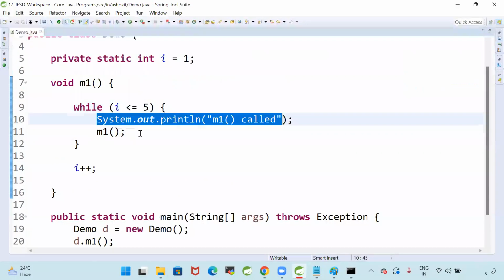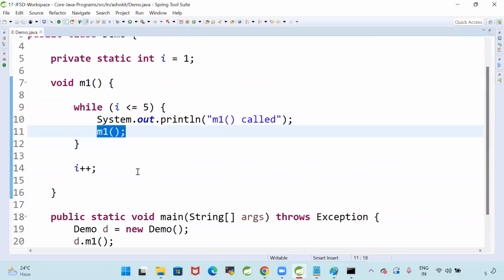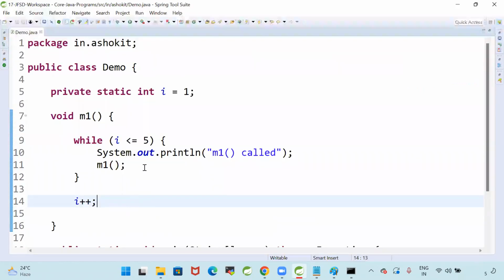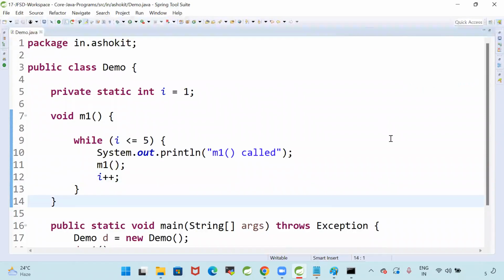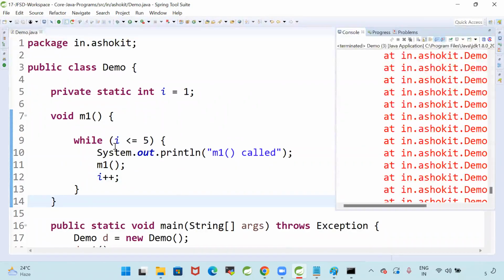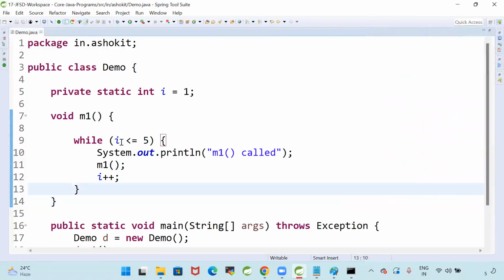M1 called. Again it is calling M1. Again it is calling M1. Then the i value we are incrementing. Here we are incrementing the i value. Now, so still it is going into an infinite loop. While i less than or equal to 5,